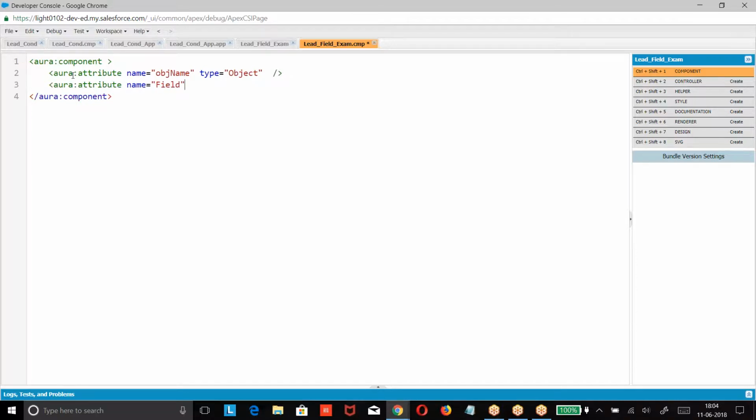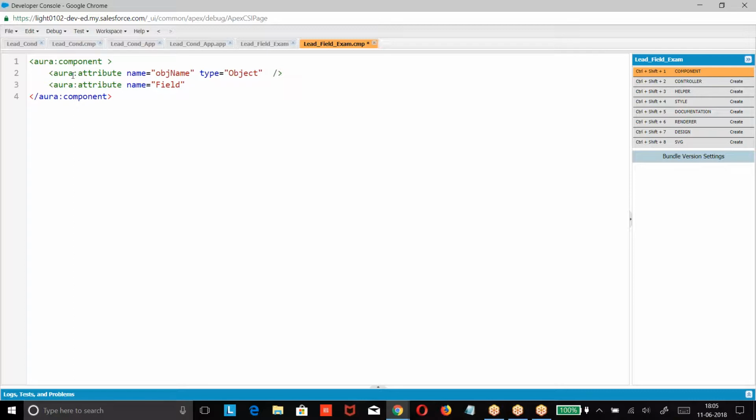Because when you're creating this, I should not create it only for one particular object and one particular field. It should be dynamic. Any object name I give, any field name I give, the corresponding options I have to fix, so that the same component I can use for multiple examples. I don't want to make it specific to lead. I want to make it generic. So any object you specify, any field name you give, it is going to give you the list of options which are available.